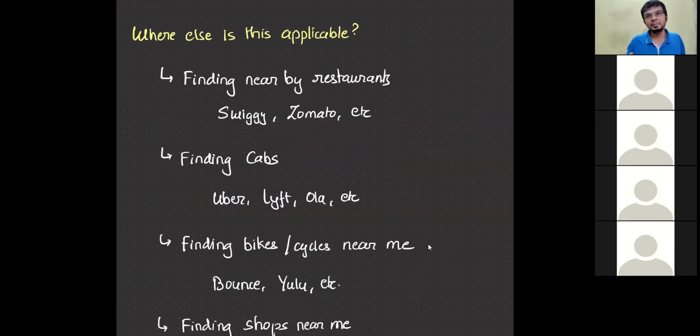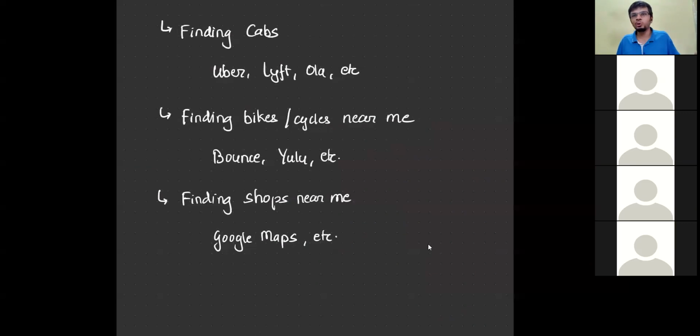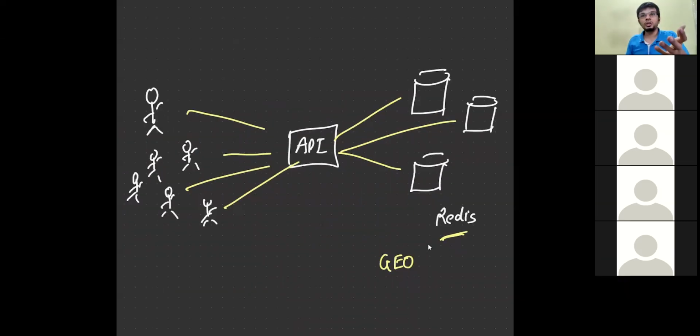You can use this very similar thing to build restaurants near me, like Swiggy, Zomato, finding cabs near me, finding bikes like Yulu, Bounce, all of those things near me. So anytime you open an app and you see, let's say McDonald's near me or shops near me, it basically pinpoints you around that. If you don't want to implement geocode on your own, Redis already gives it to you out of the box. You can leverage this and build it in a few hours. Half an hour is enough these days.